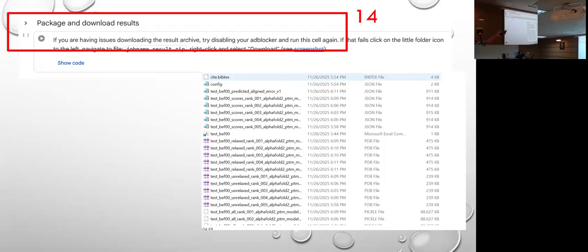And here I have placed a screenshot of that folder as well, so when you decompress the zip file, it will be shown like this. For example, you provided a job name. My job name was test. So the initial names are test. You are able to see the display files and PDB files, but these are the structure files. The PDB file is the file you require. So you will get the PDB file for the different ranks.